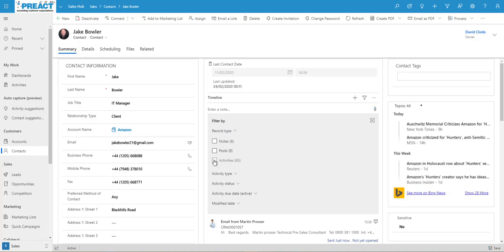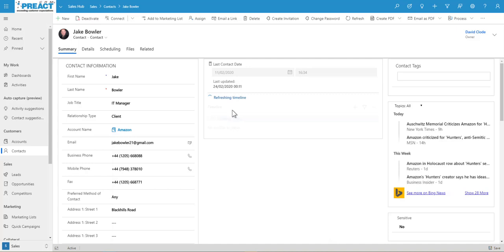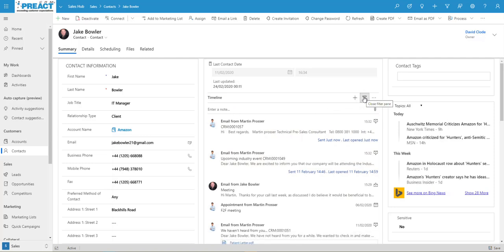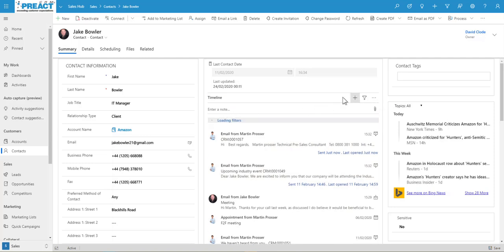If it's just activities, you can obviously tick just the activities. It will refresh your timeline. It will only show you activities. You're now not going to see any of those notes that you've added in the same way. If I just click on here again, just unfilter that,